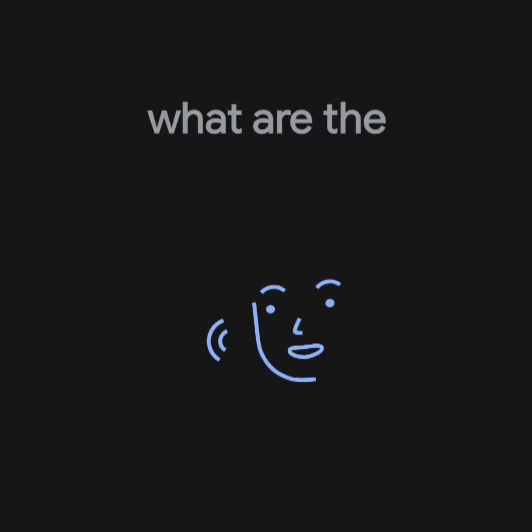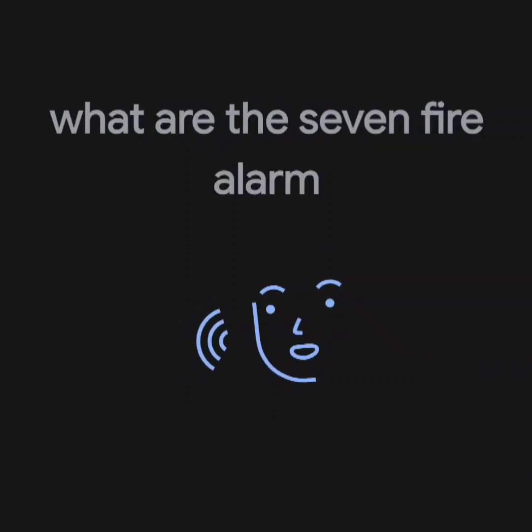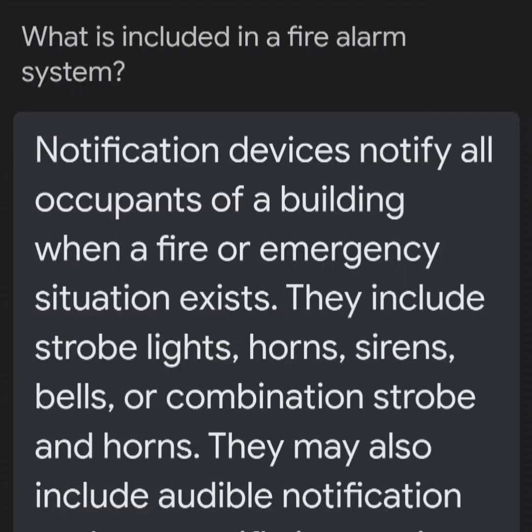What are the 7 fire alarm components? Here is some information for what is included in a fire alarm system. According to High-Rise Security Systems, notification devices notify all occupants of a building when a fire or emergency situation exists. They include strobe lights, horns, sirens, bells, or combination strobe and horns. They may also